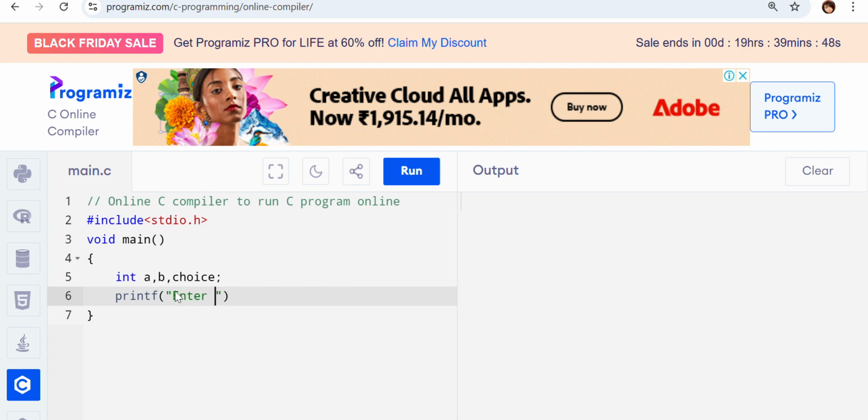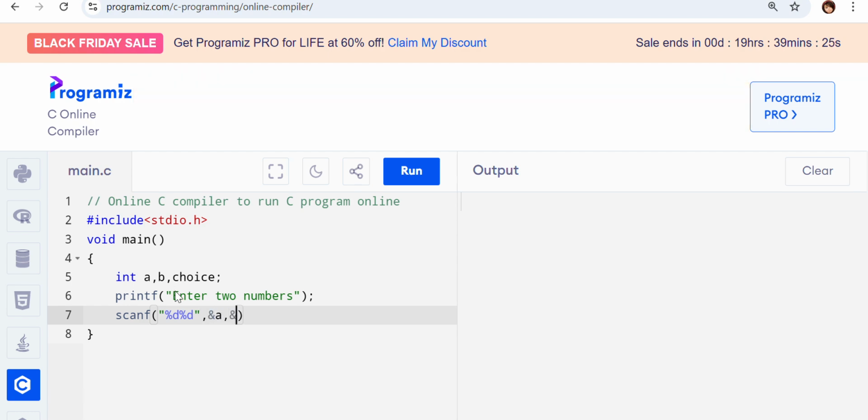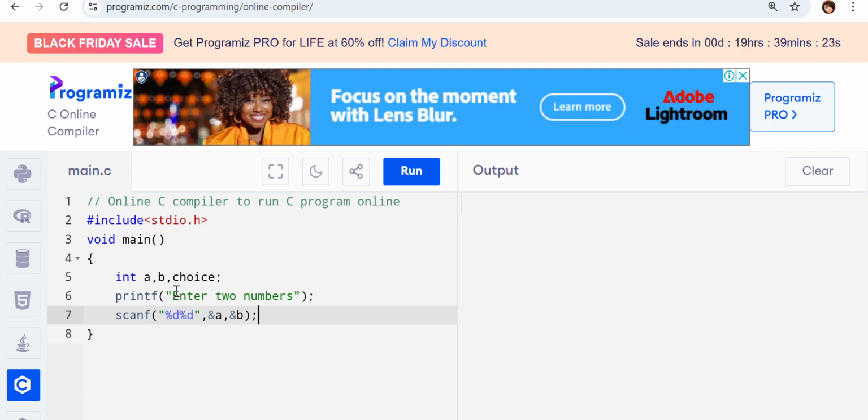two numbers, with a printf statement. Once they are entered, I scan that input, just like a postmaster getting the address. It is integer, so it is percentage d, and since it is two integer values being loaded into a and b, I use the address of a and the address of b. The first number loads into the address of a and the second number into the address of b, and then I ask the user to enter